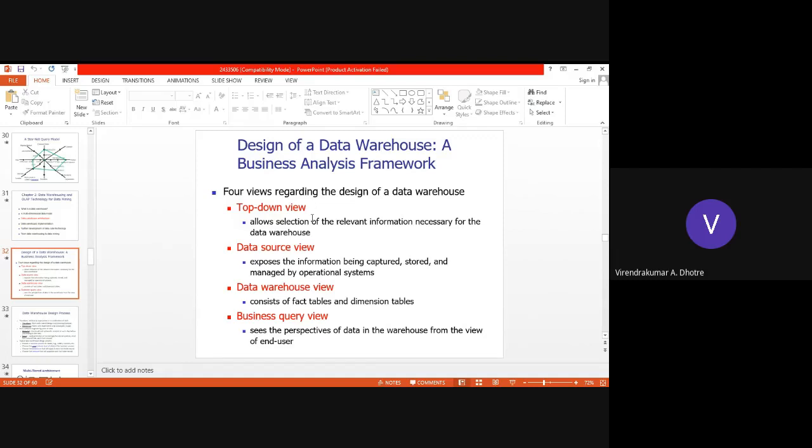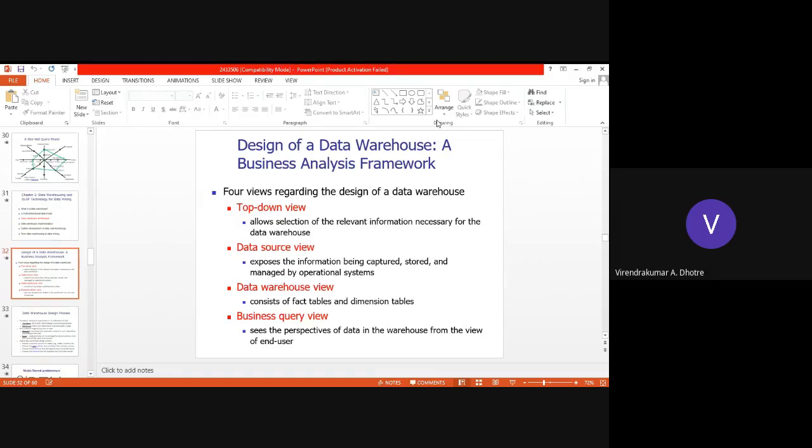top down view of a design of a data warehouse allows you to select the relevant information which is required, which is necessary for the data warehouse. So top down view always will allow you to select that information which is relevant. So non-relevant, unnecessary data and wasting time in processing that data will be saved.